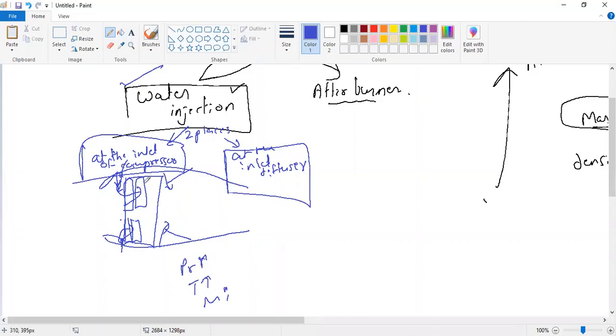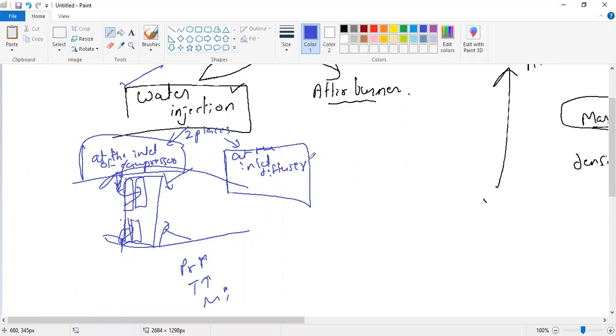Understood? The first and second stage of the compressor comes in direct contact with the water, because here the water will not get converted into water vapor. Here the water will stay in the water state only. So when it passes through at least 3 stages, then it starts getting converted into the steam. But before that, it is still water. So if the water comes in contact with the metal, we know corrosion can start, right? So there is this problem that corrosion may arise. To overcome this problem, some of the manufacturers say that instead of putting the water over here, we'll put the water in the diffuser.